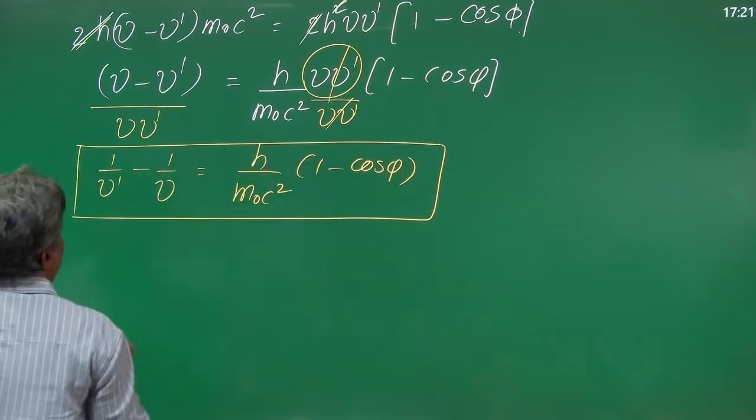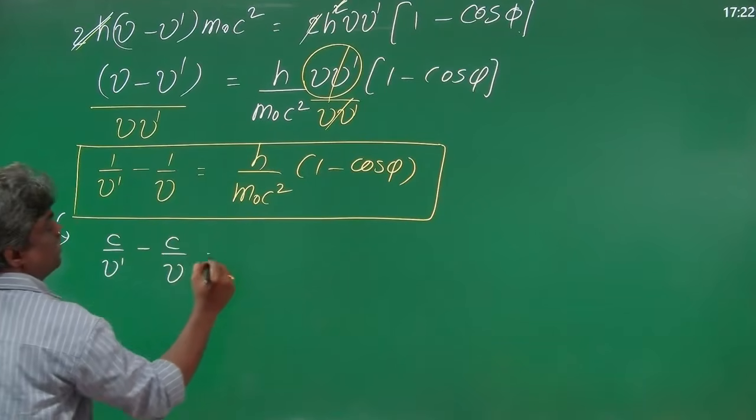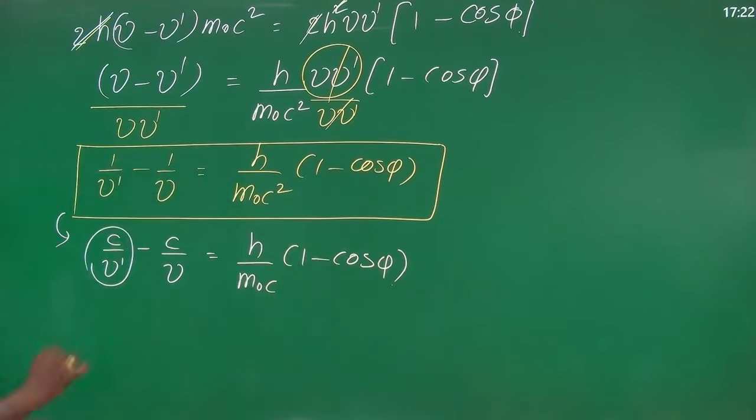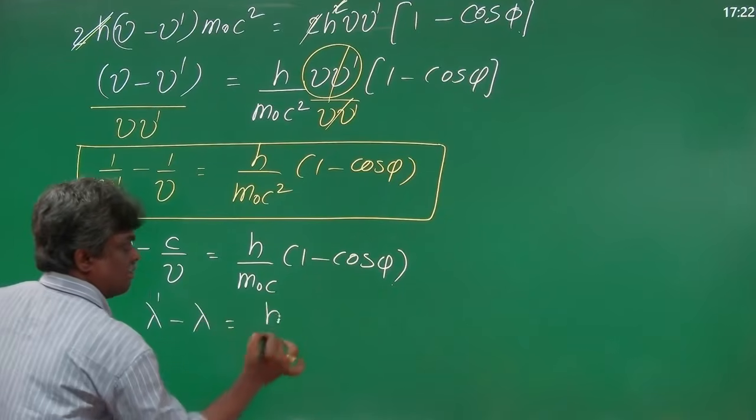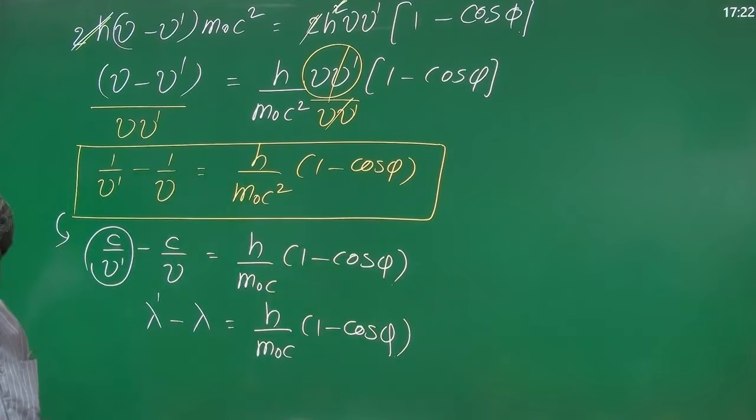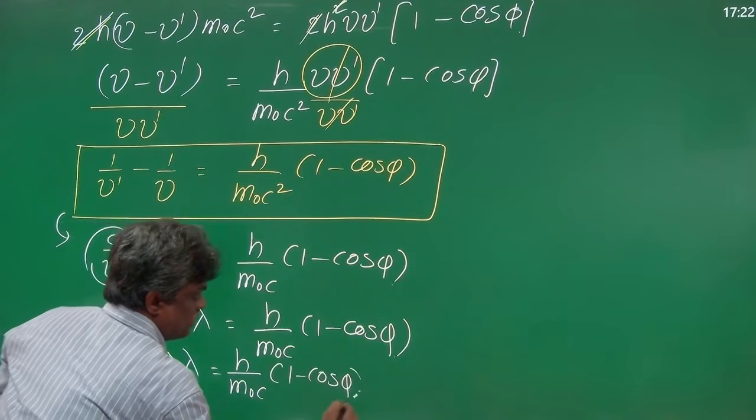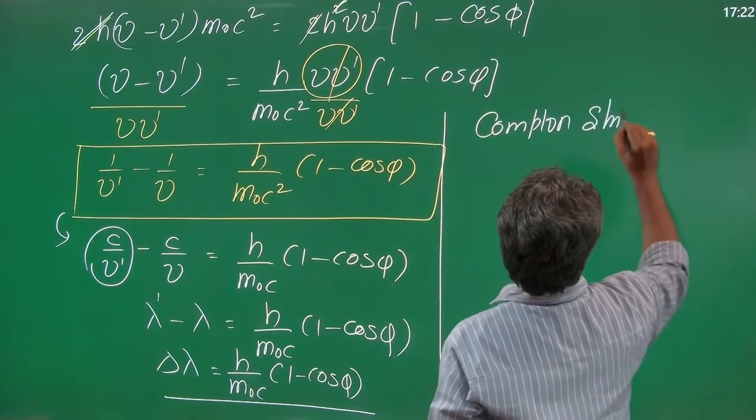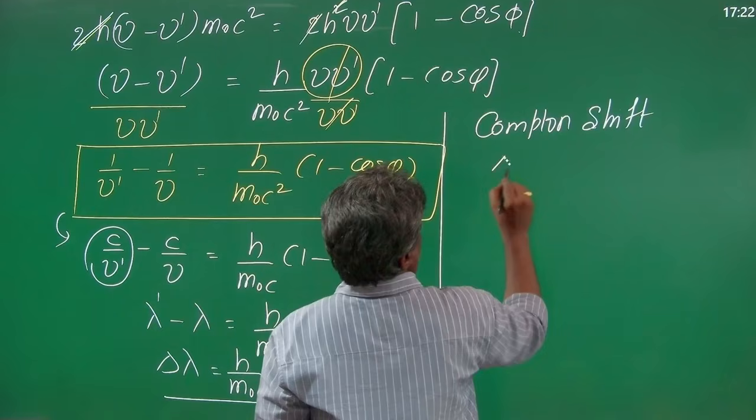So don't forget this. Now what I am going to do is multiply with c: c by nu prime minus c by nu equal to h by m naught c into 1 minus cos phi. Can you please tell me what c by frequency is? Lambda. So lambda prime minus lambda. That's good: the shift, the Compton shift. You have done the first derivation in your coaching. So this is the Compton shift. What is the Compton shift? Delta lambda equal to